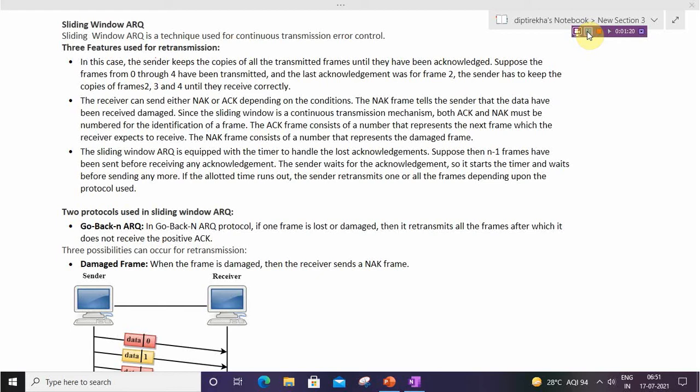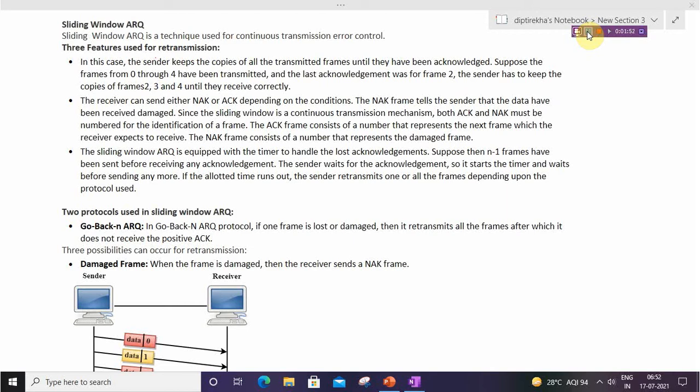Means the sender sends only one frame. But in sliding window, the window consists of n number of frames, and it can send frames 0 to n minus 1 to the receiver without acknowledgement. Sliding window ARQ is a technique used for continuous transmission and error control.